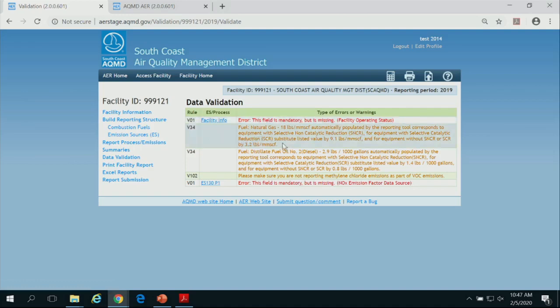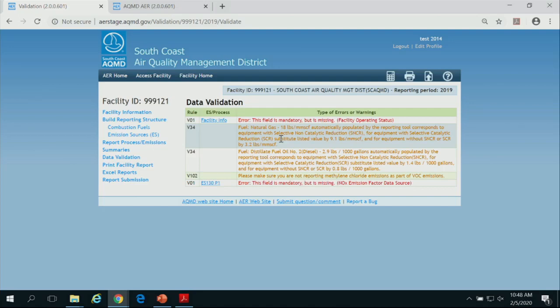One of these is new this year. That's about ammonia emissions. We have 3 different toxic emission factors for ammonia, and that changes with the different NOx emission control technology that you may have. If you have selective catalytic reduction or selective non-catalytic reduction, SCR, SNCR, because you inject ammonia into the stack, your ammonia emissions tend to be higher.